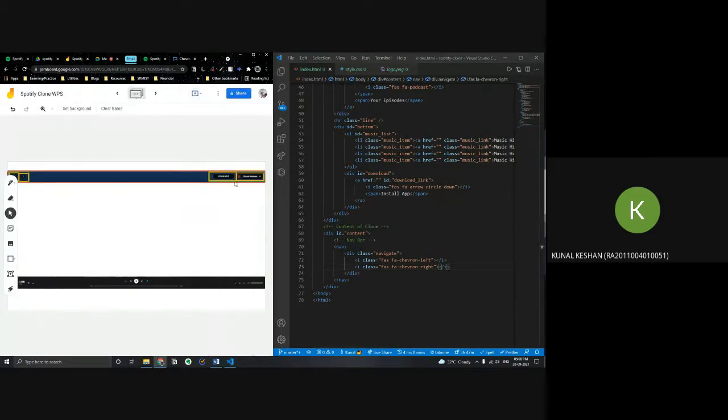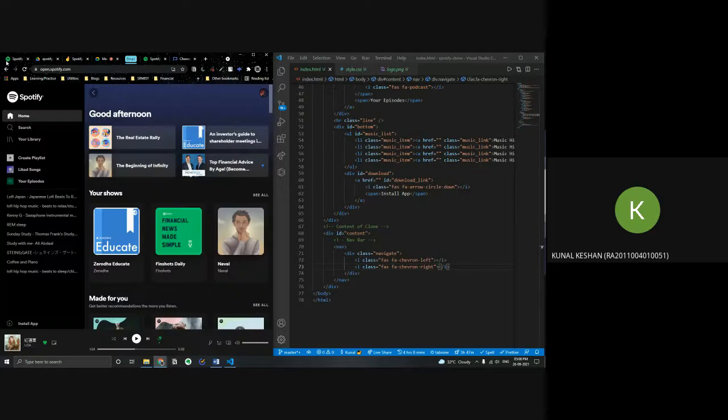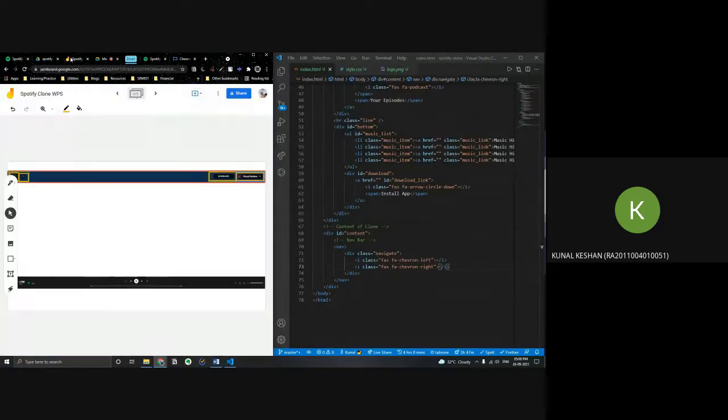So now next we have the upgrade button and the user button. The user one will open up another navigation kind of thing, like a navigation menu. Okay.